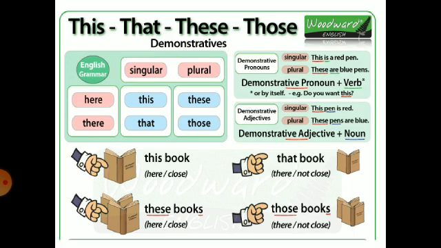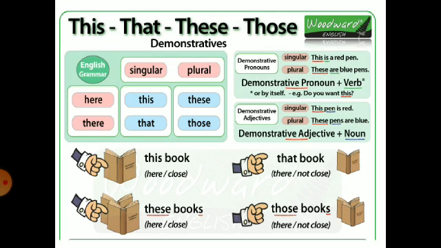First of all, this, that, these, and those are called demonstratives. Try to understand first of all this and that. This is used with singular things which are very close. Look into the example carefully. This book, here the book is close and singular. And when we are talking about its plural, these books, but they are close.